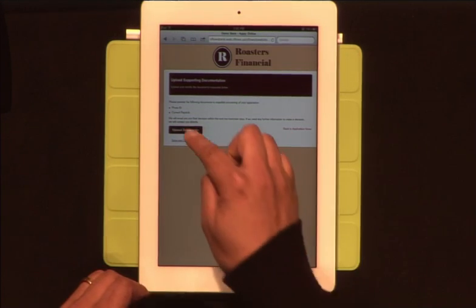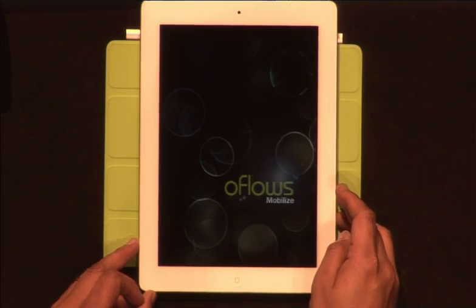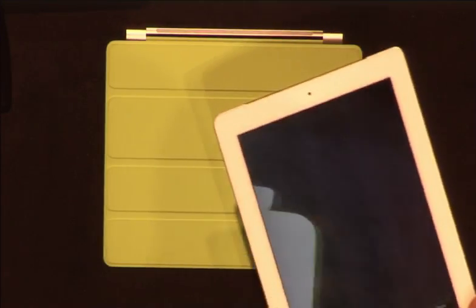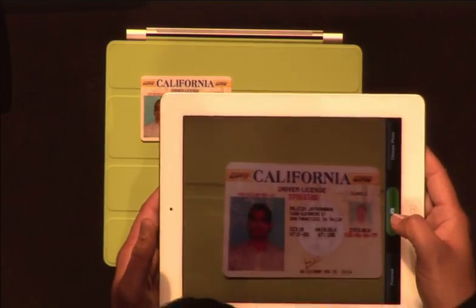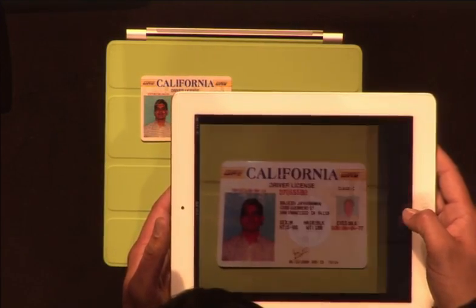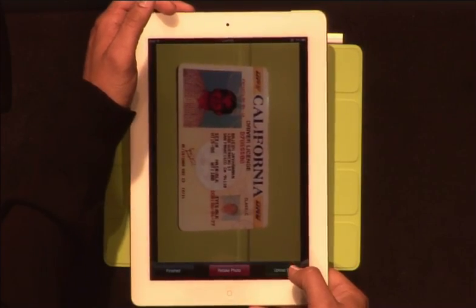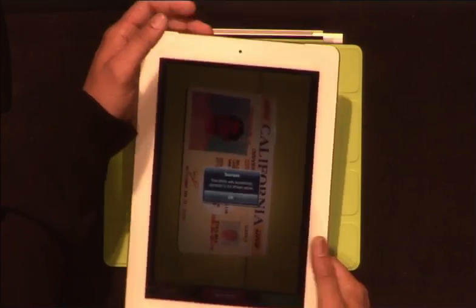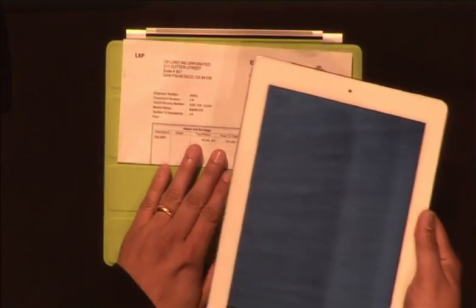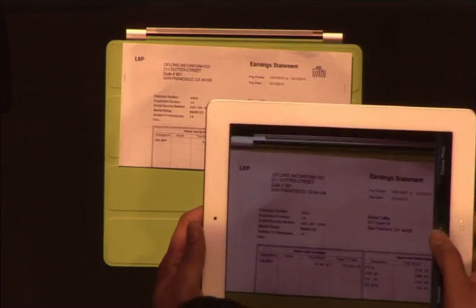Well, the nice thing about these new mobile devices, they've got cameras. And oFlows Mobilize integrates seamlessly with those cameras. So now all he has to do is point, click, hit upload, and those supporting documents are sent directly to oFlows secure servers and are self-indexed and embedded in the right file instantly without anybody having to shuffle paper